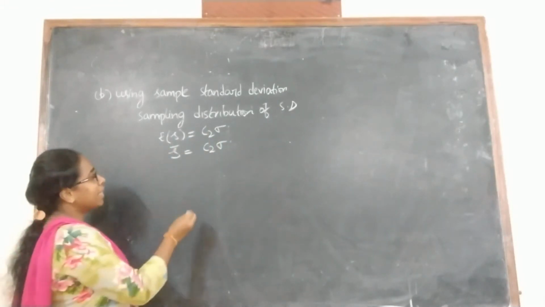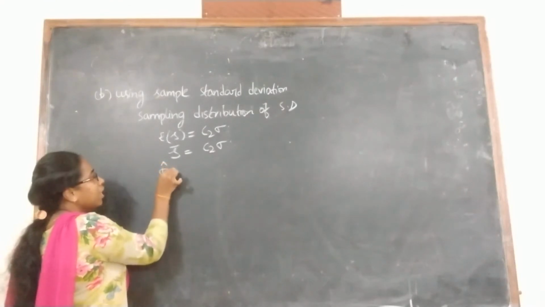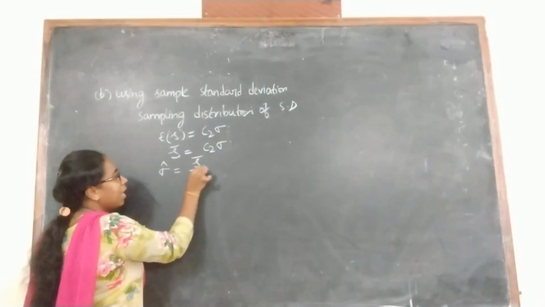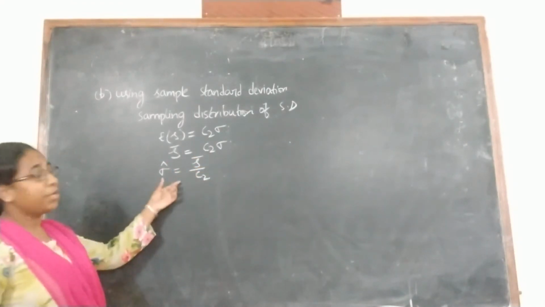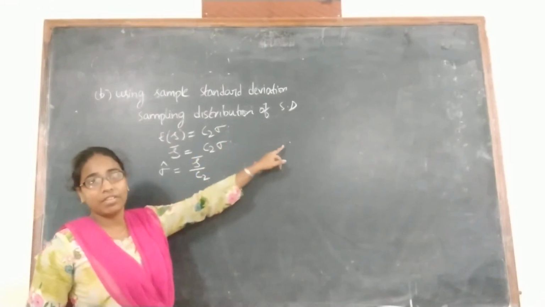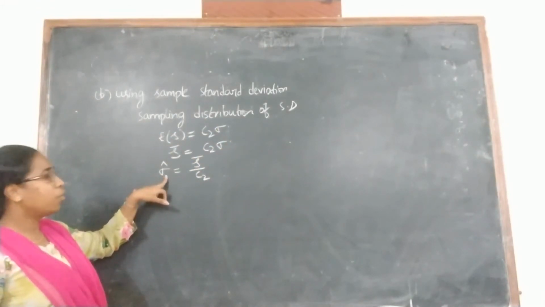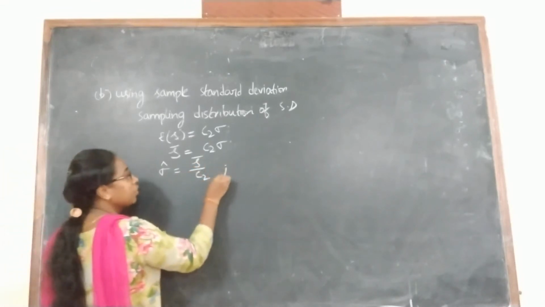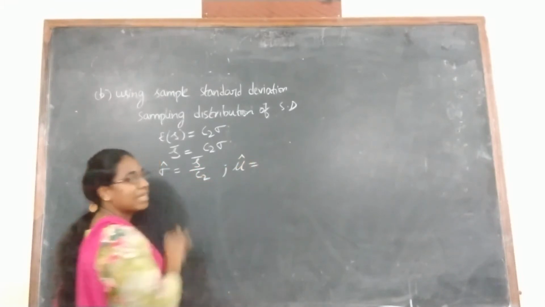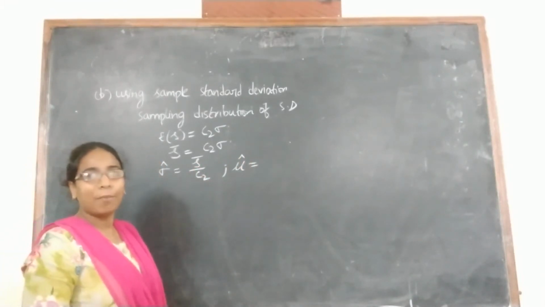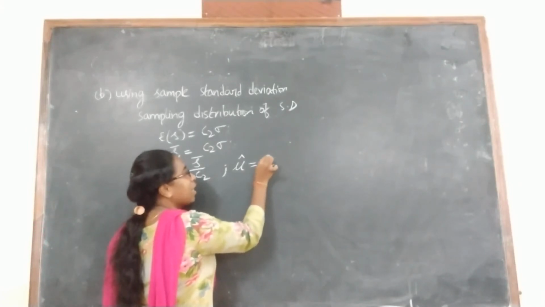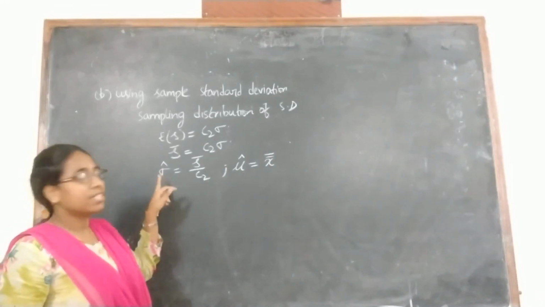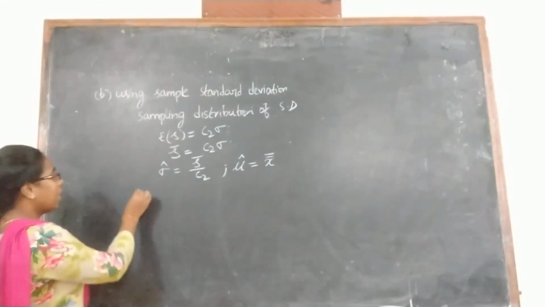So from this, how can I estimate the sigma value? Sigma hat equals, if this C2 comes to this side, it will be dividing, so S bar by C2. So if we use the sampling distribution of standard deviation, we get the estimated value of sigma equal to S bar by C2, and as usual mu hat, that is mu, can be estimated by using the overall mean or the grand mean, that is X double bar. Now you have both mu hat and sigma hat. Substitute these two values in the 3 sigma control limits.